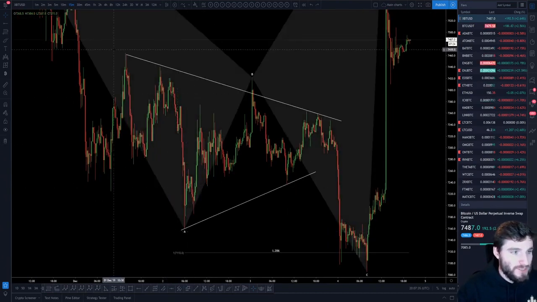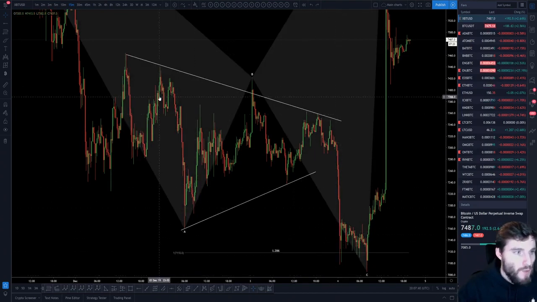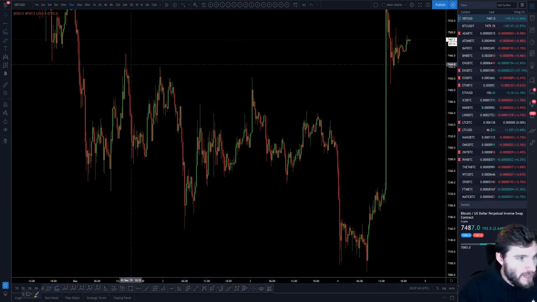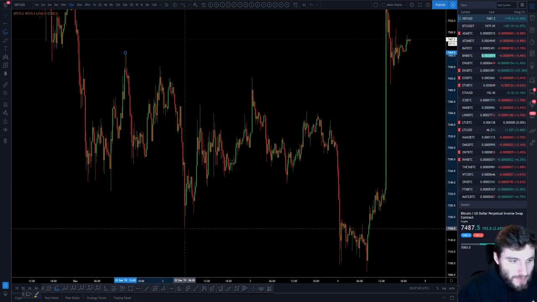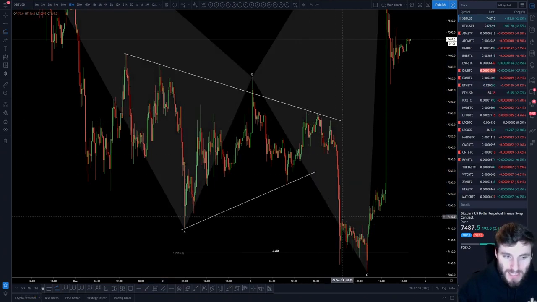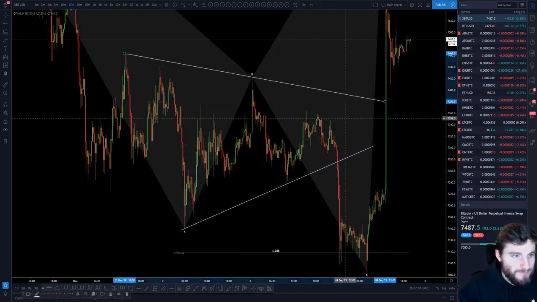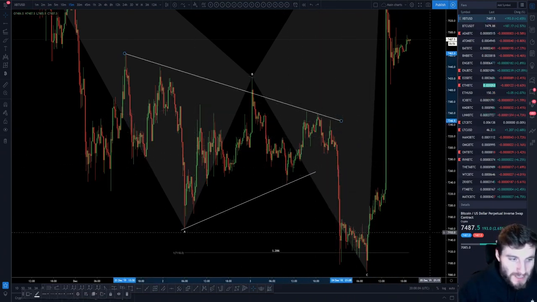Well, prior to this morning, obviously we had that symmetrical triangle that broke to the downside, okay? But what could we see from this symmetrical triangle that broke down? What we can do here is go from the pivot high down to the pivot low, and let's say we were expecting it to break to the downside. So as you broke down from this symmetrical triangle pattern, where could you expect to see targets?